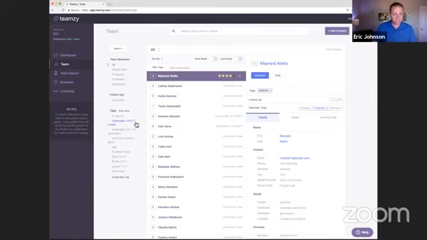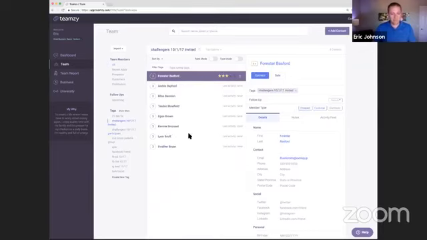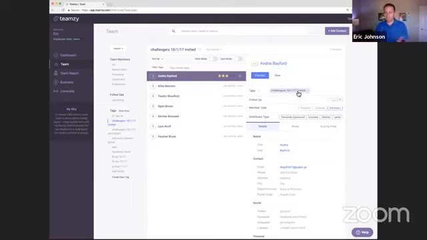So you can see I've created a couple. This is a Beachbody example, but I've got my challengers 10, 1, 17 invited, my challengers 10, 1, 17 participant. Okay, so there's my invited list. I can go through this list and message them or invite them to the next thing. If somebody here was like attended, I would give them the other tag, right? I would change it to participant and I would take out invited. Boom. Okay, that moves them to the other group.